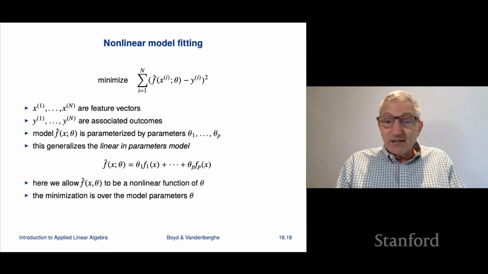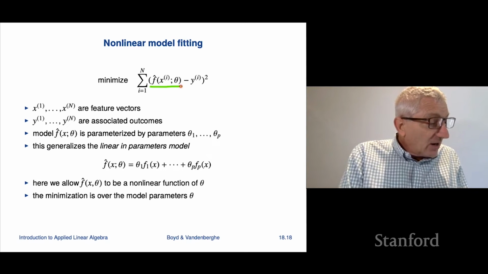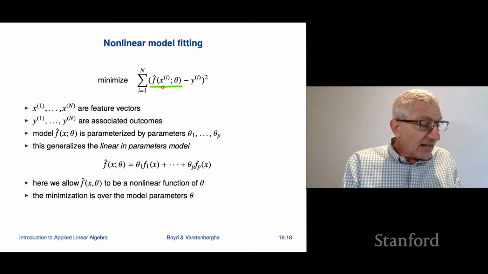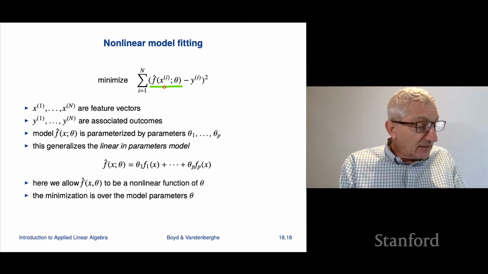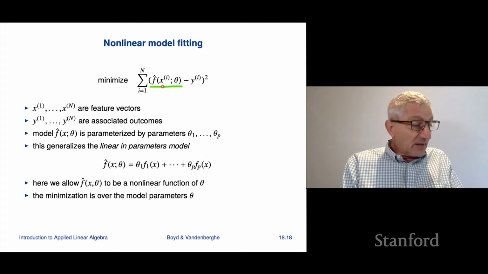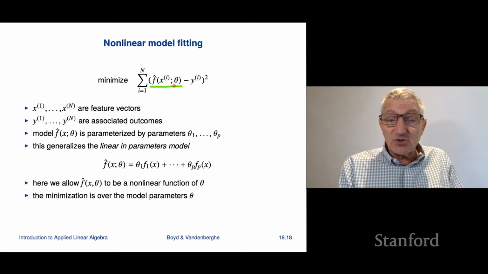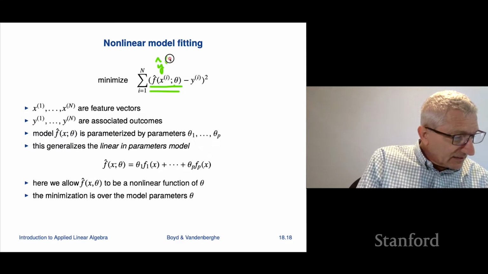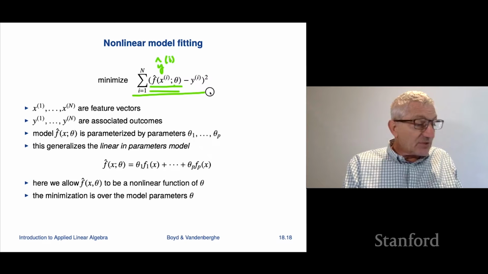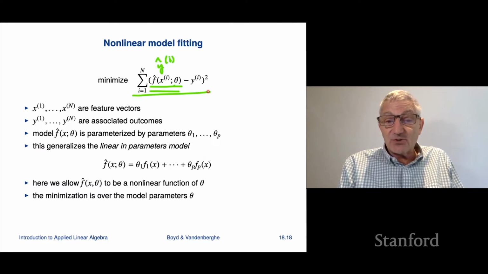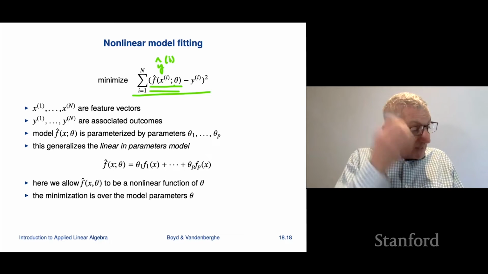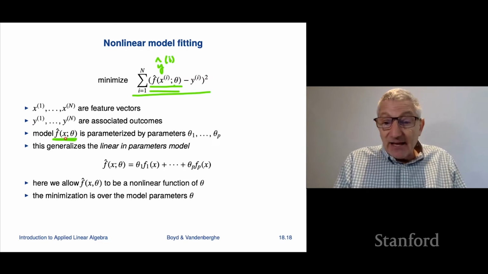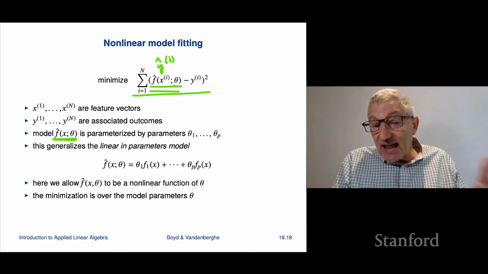So nonlinear model fitting looks like this. We have our predictor, that's our model or predictor, f hat of x_i, that is going to be the ith feature vector, and then the parameter theta, that's what we seek to choose. And then this is the prediction, so this is really y hat i, right? And this is the sum of the squares of the prediction errors, right? So now the difference here is that we are not assuming that f hat depends in an affine way on